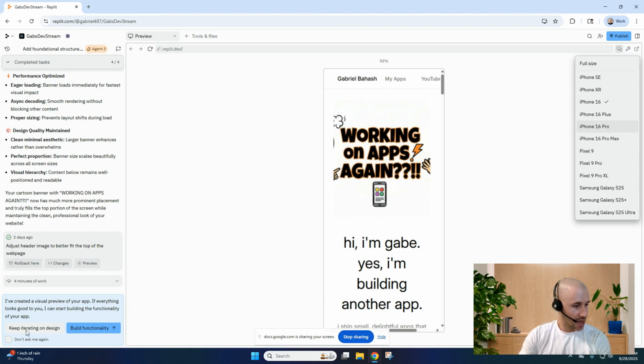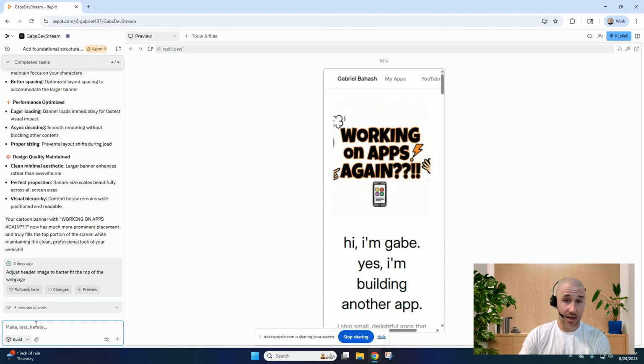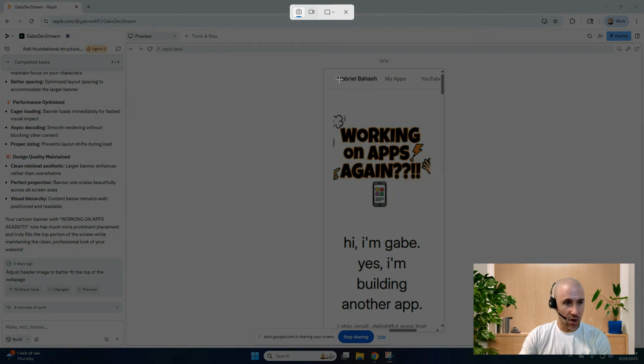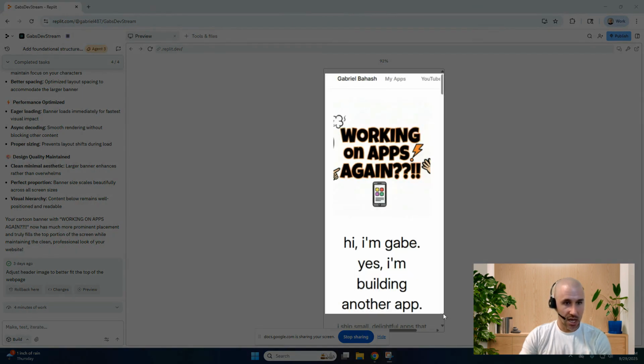I'm going to say I have not actually built this yet. This is still in the design mode, which I don't know what the big difference is between design and actually being built, but let's continue to work on it before we click the build button. So I'm going to take a screenshot here. I use screenshots all the time. I'm going to say, hey,